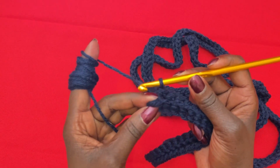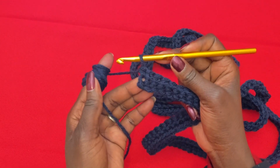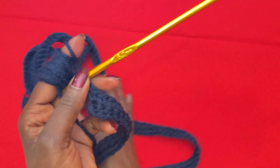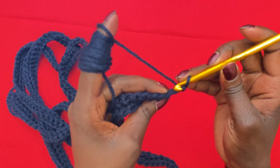So what I do for this final stitch is I just go through both loops instead of just going through the back loop, and just do my single crochet like that, okay? And then I'm going to go ahead and do a chain of one so I can start at the third row. And then I'm gonna turn,